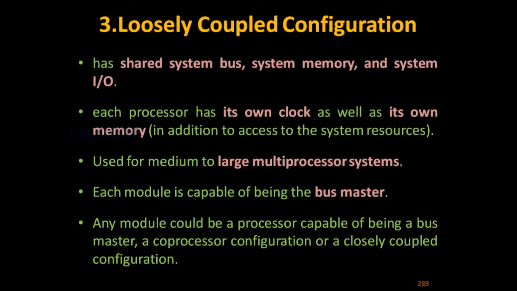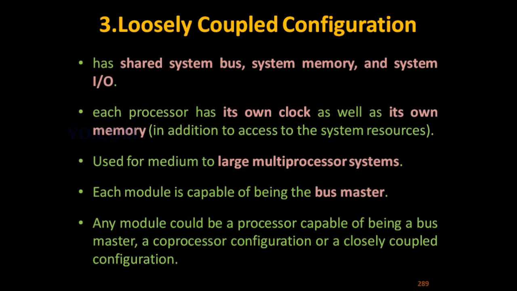Next we are going to see the loosely coupled configurations. So what is loosely coupled? In a loosely coupled configuration, a number of 8086 modules can be interfaced through the common system bus to work as a multiprocessor system. What is a module? One single module consists of an 8086, then RAM, ROM, clock generator, system bus control, etc. So one simple closely coupled configuration is present in a single module.